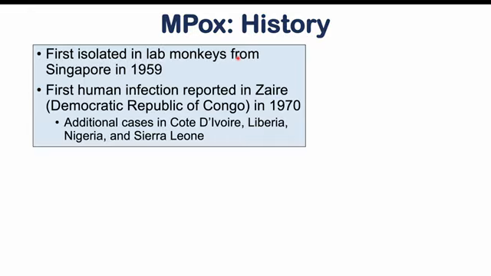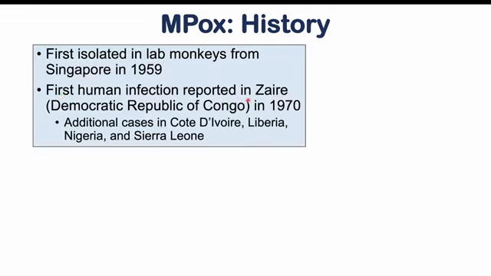So this particular virus was actually first isolated in lab monkeys that were sent from Singapore to Denmark in 1959. These monkeys arrived in Denmark and became ill, and this particular virus was actually the cause of their illness. This is the first known case of this virus. So that was in a monkey, and this is why the term monkeypox came to be,